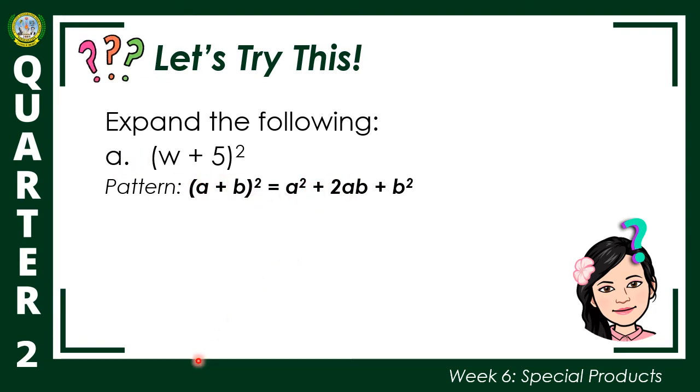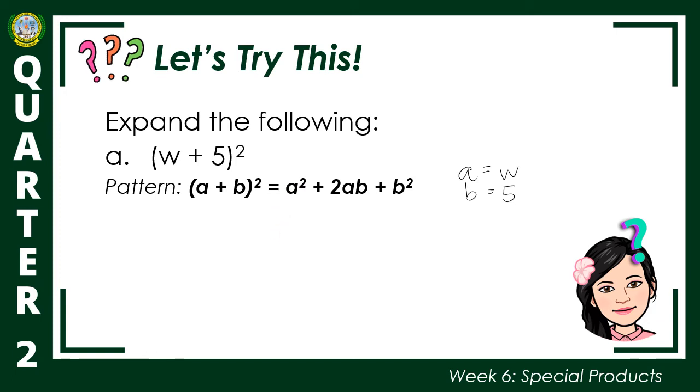Assign natin yung a at yung b. So, let a be w, and let our b be 5. Okay? Ayan. So, ito yung A, ito po yung B. So, ang sunod natin gagawin, ipo-plug in lang po natin ulit yung W at yung 5 dun sa pattern natin. So, magiging